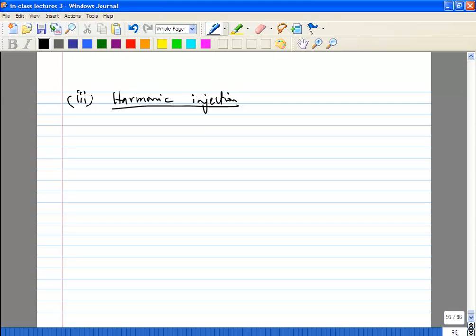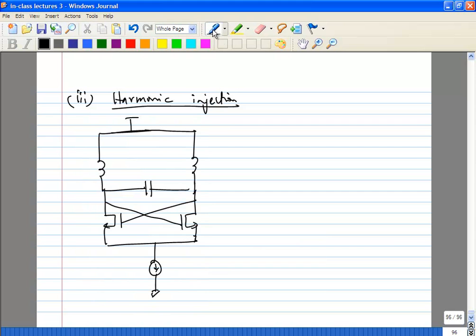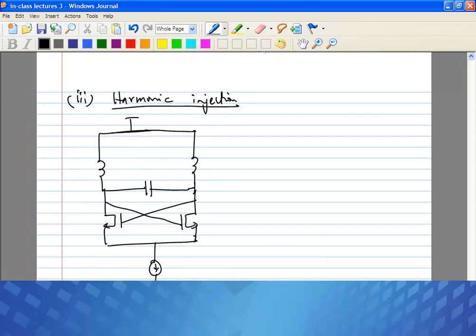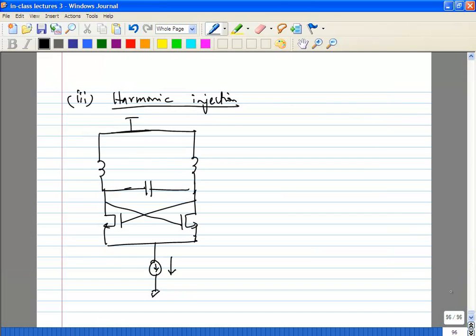What you see as a differential voltage will just be the odd harmonics. So at the common mode node, for example here,